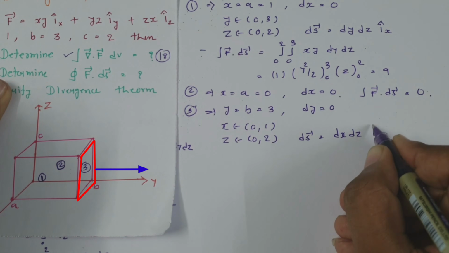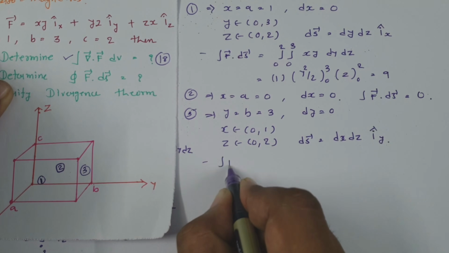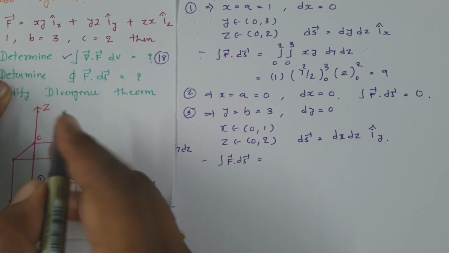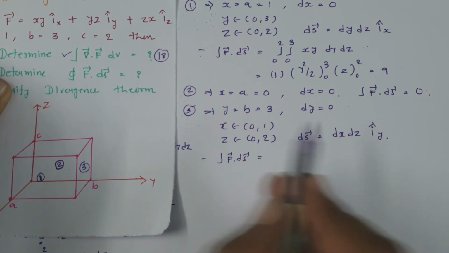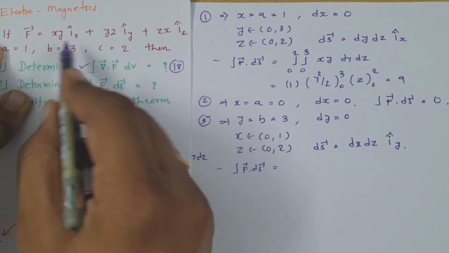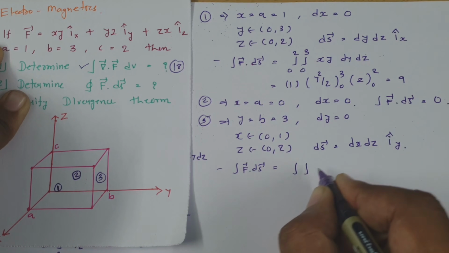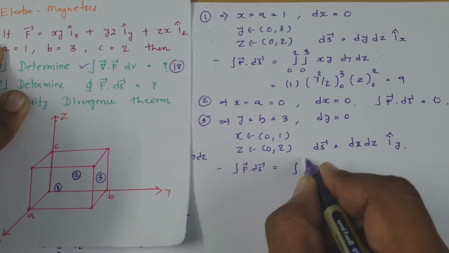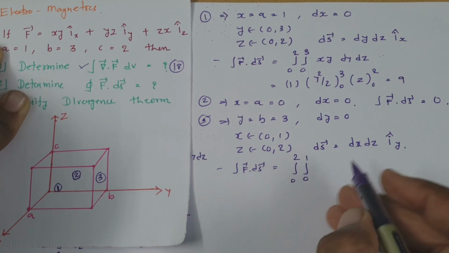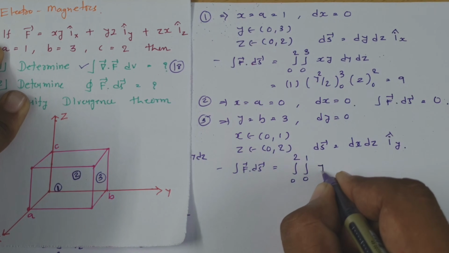So I am saying, see, this is in the iy direction. Now if you do this integration F dot dS, then in this F dot dS only the y component is there, right? So that multiplication will be yz only. All other components will get 0. So this double integration, where x varies from 0 to 1 and z varies from 0 to 2, and this dot multiplication, that is yz only in the iy direction, right? So yz